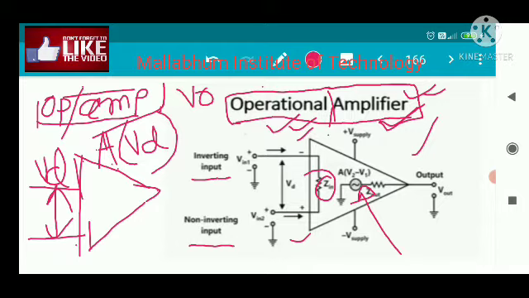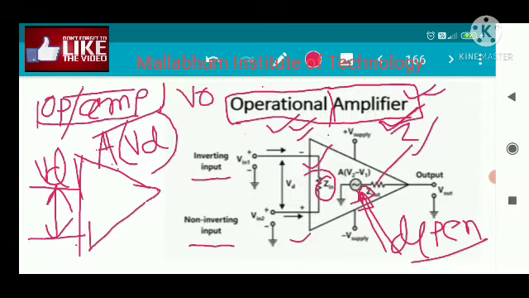Whenever we want to draw the equivalent circuit diagram of an amplifier, we know that there is an input signal, there is an input resistance, and there is the gain of the operational amplifier, which here is composed of a dependent voltage source. And this is Z out. Z out is nothing but the output resistance of the amplifier. So this is a very simple circuit diagram of a simple amplifier. If you want to draw the voltage amplifier, current amplifier, transconductance amplifier, or transresistance amplifier, you have to draw the input resistance, output resistance, and gain of the amplifier. All of these properties can be applied here also. So this is a voltage amplifier.